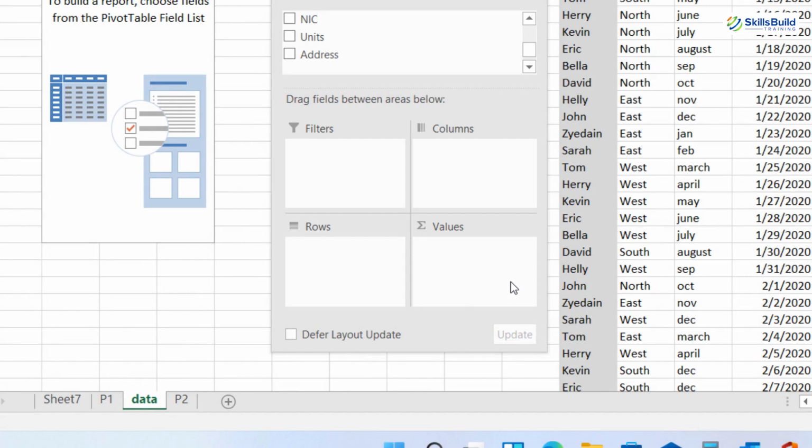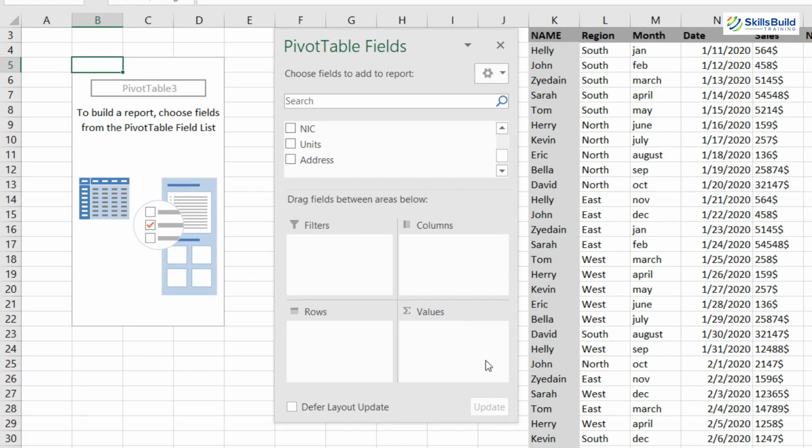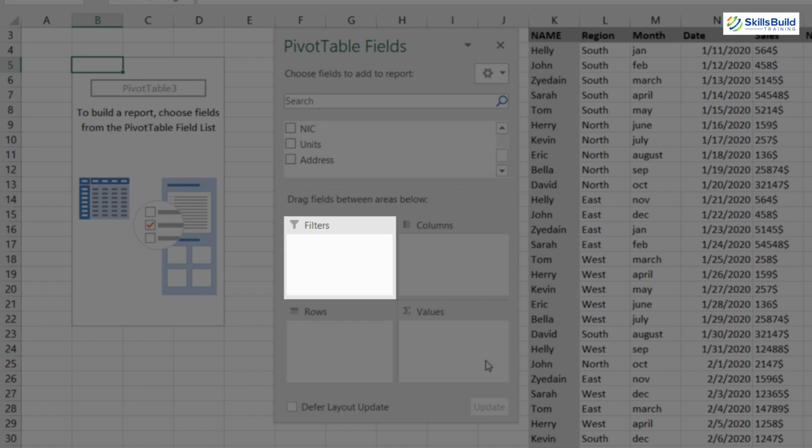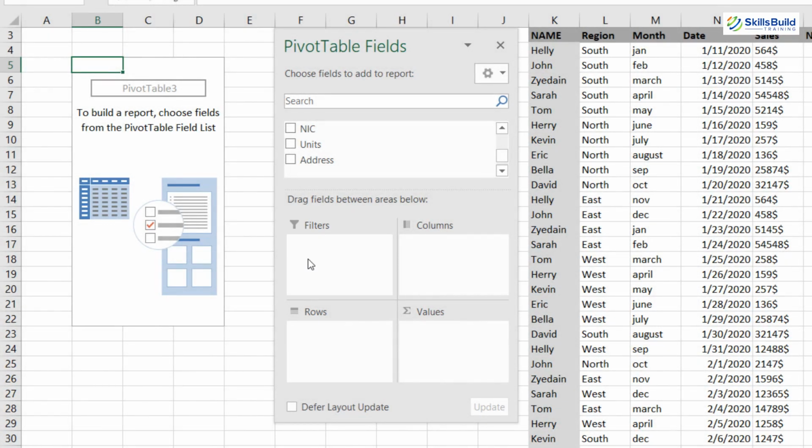I will explain all of them one by one because here you need to focus on all these things and you should know about all these things because that is how you will be able to work using pivot table fields. So if I talk about the first field, that is filter, here you can see the filter is used to apply a filter to an entire table.